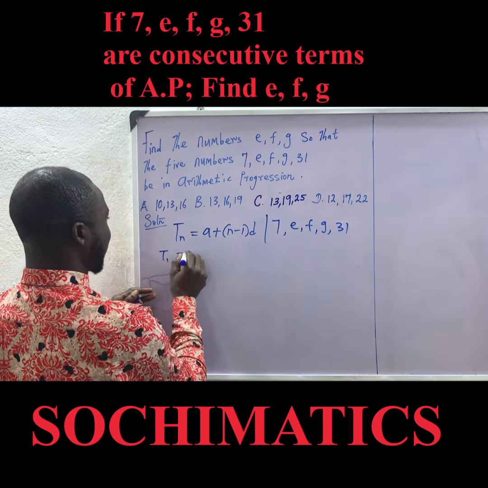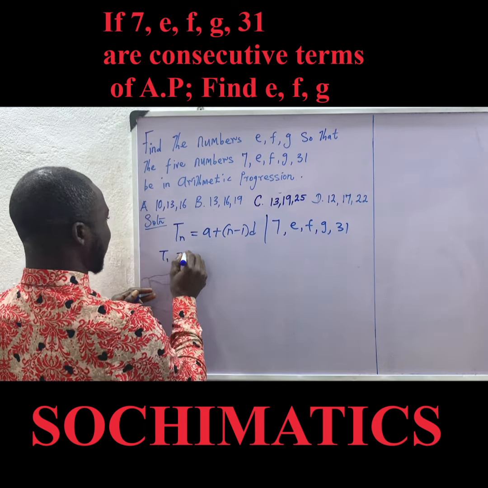So we can then equate the terms since they are equal. Since T5 is this and the same T5 is this, we are going to see that 7 plus 4d is exactly 31. And so we can then solve for d, and if we do that, we are going to get that our d is the same thing as 6. Now,